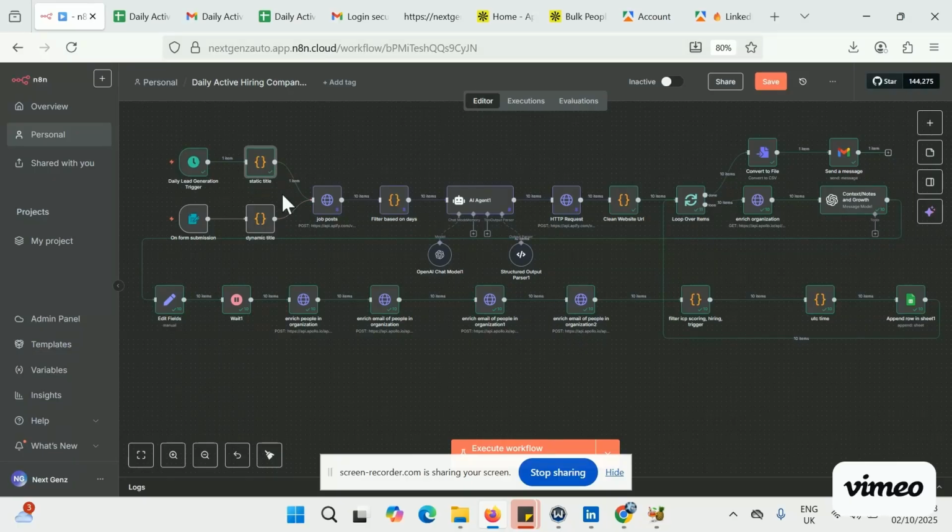After that, it starts scraping the job posts based on the specific title, either from a static point of view or dynamic point of view. You are going to see that in a jiffy. The system then filters results to only include the most recent postings, ensuring that they are working with fresh opportunities. Once it finds the companies that are actively hiring based on these specific signals, the workflow enriches